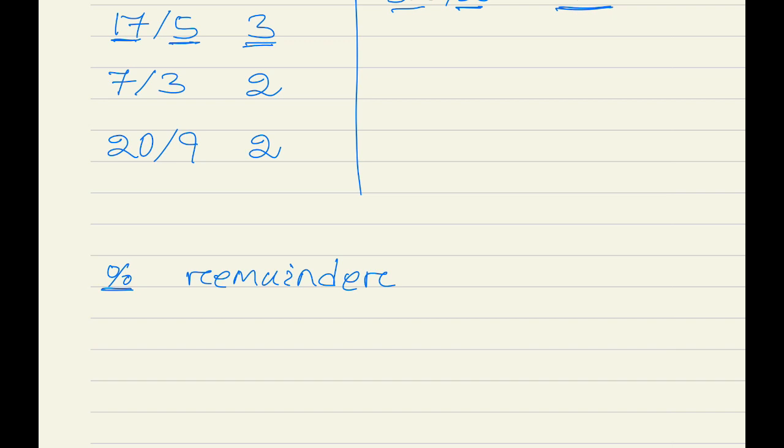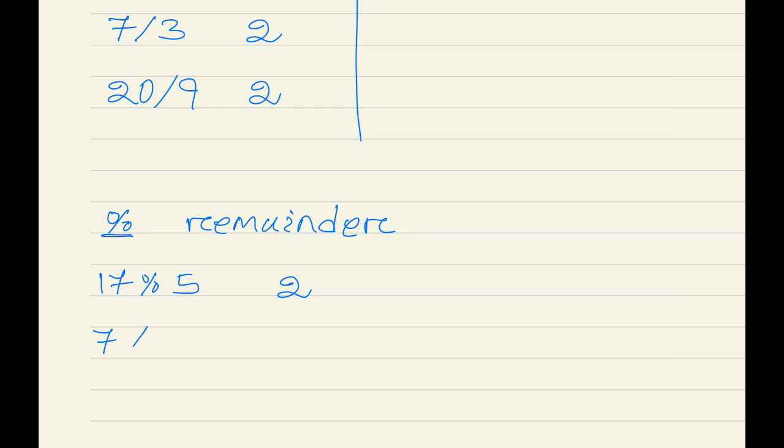Now we will take some examples. 17 remainder 5 is going to produce the remainder after division. If we divide 17 by 5, the remainder will be 2. So 17 remainder 5 is going to produce 2.